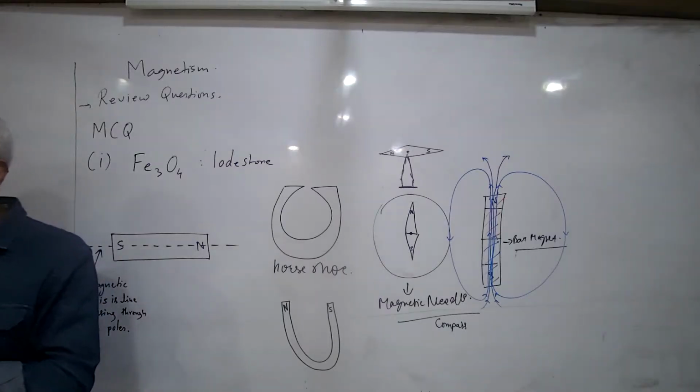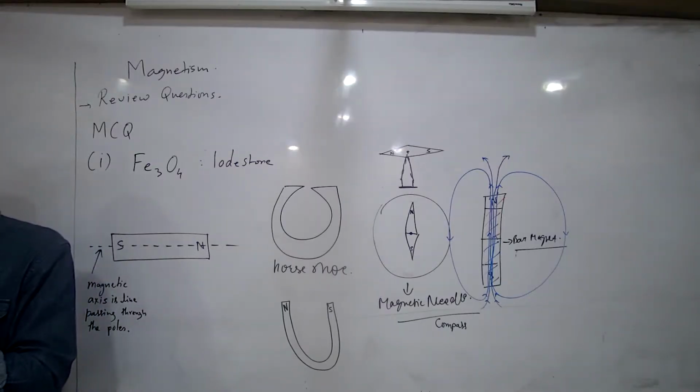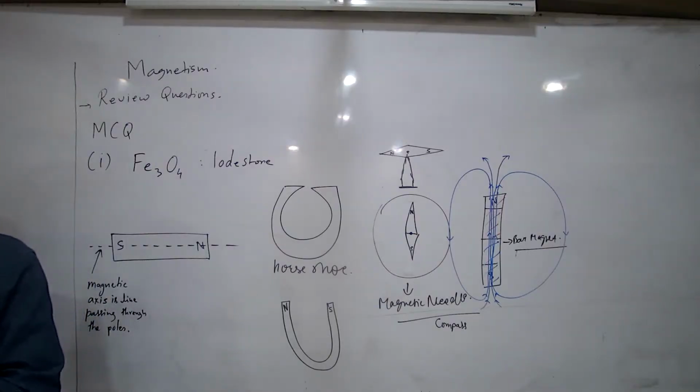What is the other property? They do not intersect each other. Very important. Closed loop is one property. Second, two magnetic field lines do not intersect each other. Why? Because at the point of intersection there would be two directions, which is not allowed, not possible. Magnetic field is a vector field, it has magnitude and direction at every point. Okay? Third property. What is the direction of the magnetic field at any given point?